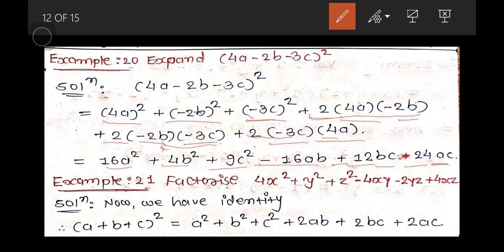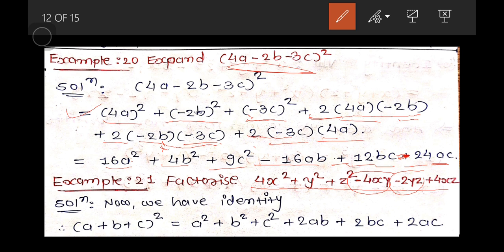Now we have learned that we can expand the given identity number 5 in the form as given here. But for factorizing such types of expressions, we also have to think about the sign of the given terms. Here you can see that the fourth and fifth terms have a minus sign, so we have to decide which term may be negative.